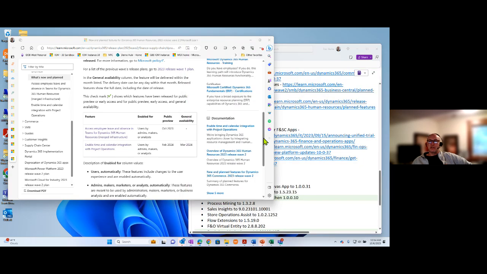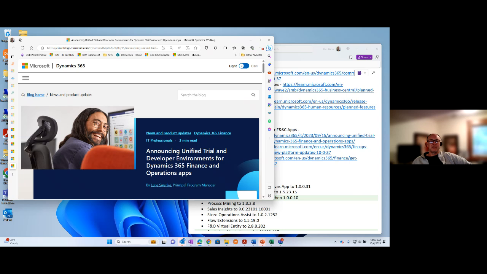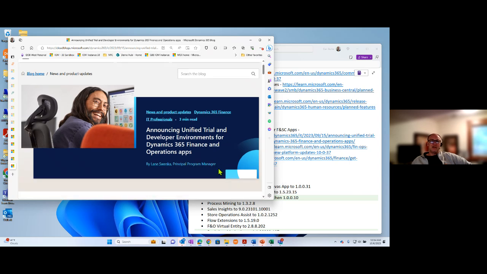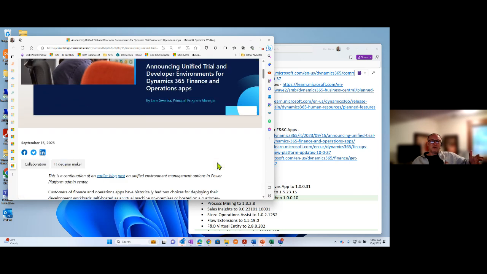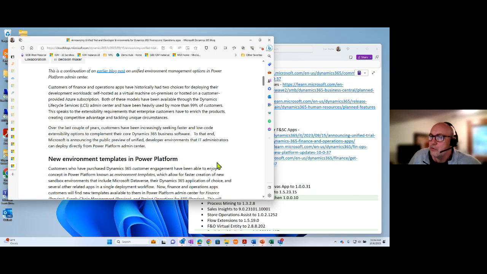Now, this next one is kind of interesting, especially for you developers. So now we have a unified trial for developer environments, right, for F&O. Now, historically, you've only had two choices to run these dev environments. So you could actually run a virtual on-premise one. So you could actually download, get a virtual, get all those VMs, do your dev environment like on your desktop. And the second thing is like, use your Azure